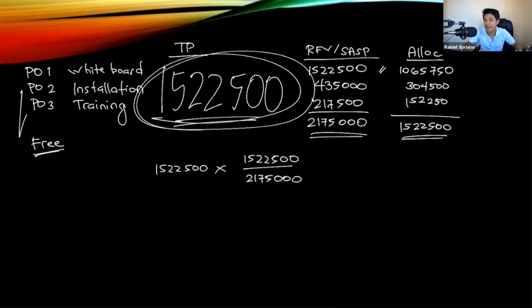So see to it here na kahit na free or walang additional payment, no, for the installation and training, see to it na i-allocate pa rin natin yung 1,522,500. Because according to IFRS number 15, we should allocate the transaction price to the separate performance obligation. Previously kasi in IAS number 18, see to it nga na walang allocation na nagaganap. So apparently, yung revenue natin dun lang sa main product and then expense as incurred yung freebie, ayaw yun ni IFRS number 15. Okay? So kahit na lumalabas na free yung installation na training, still, right, hindi sila ititreat as free. But instead, we will allocate the single payment of 1,522,500 to the three separate performance obligation. Right? So that's step number 4, and that's the allocation of transaction price to the separate performance obligation.